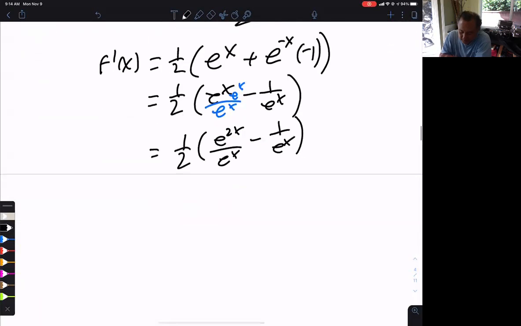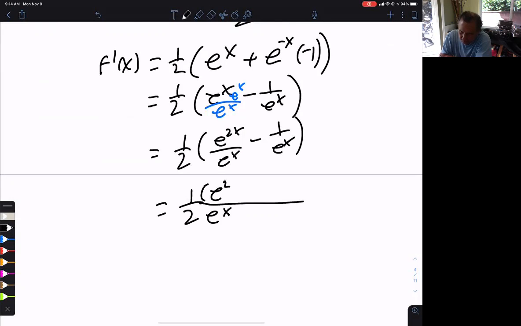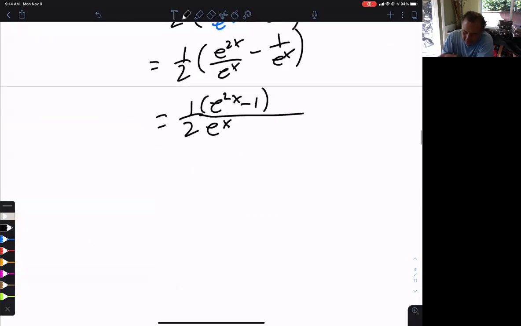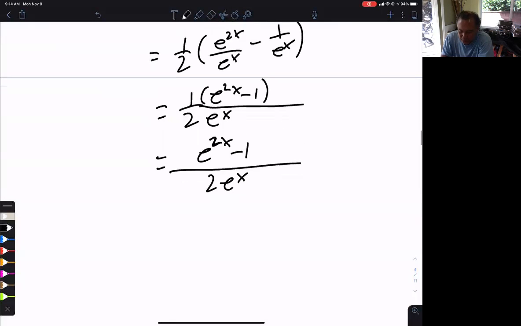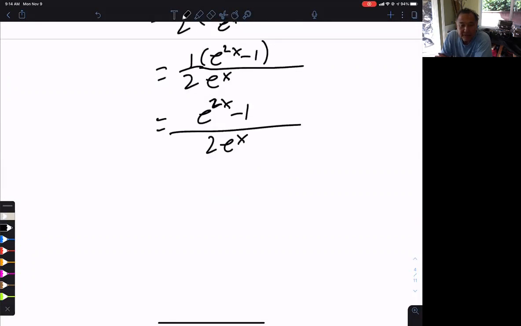Now I have a common denominator, and it all becomes very pretty. It becomes prettier than that. Bam. This is where your knowledge of the graph of e to the 2x is vital. And we'll talk about that in a second here. But this is a fraction. And a critical point is when this fraction, or this is a derivative,